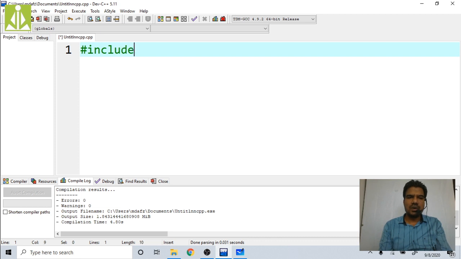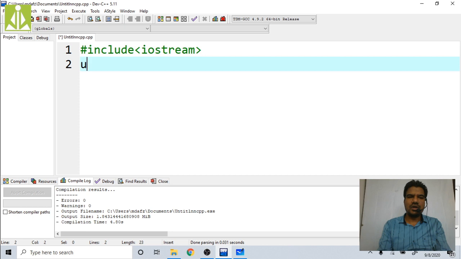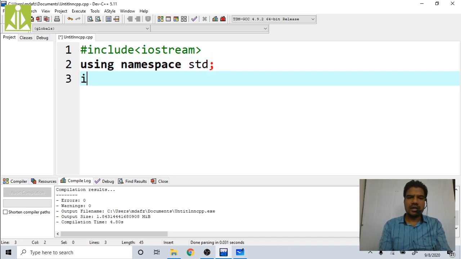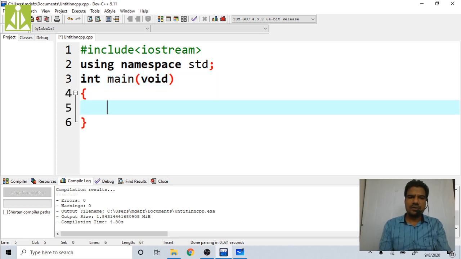So #include iostream, then you take using namespace std. Then you take int main of void like this.